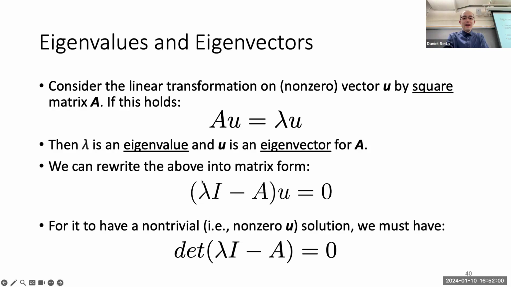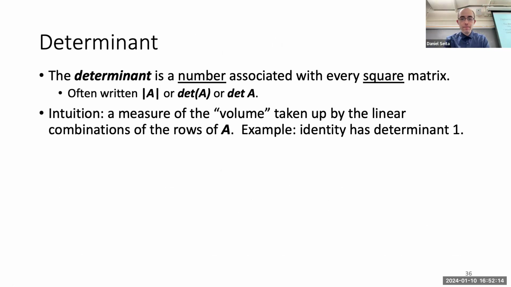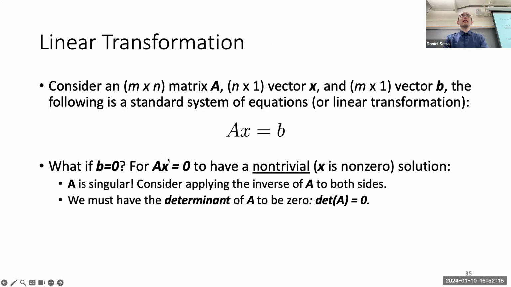And if you notice, we have lambda I minus A. That is some matrix, and then it's this matrix times U equals 0. So we talked about a few slides ago this thing, AX equals 0, and we need the determinant of A to be 0. So the same thing happens here,